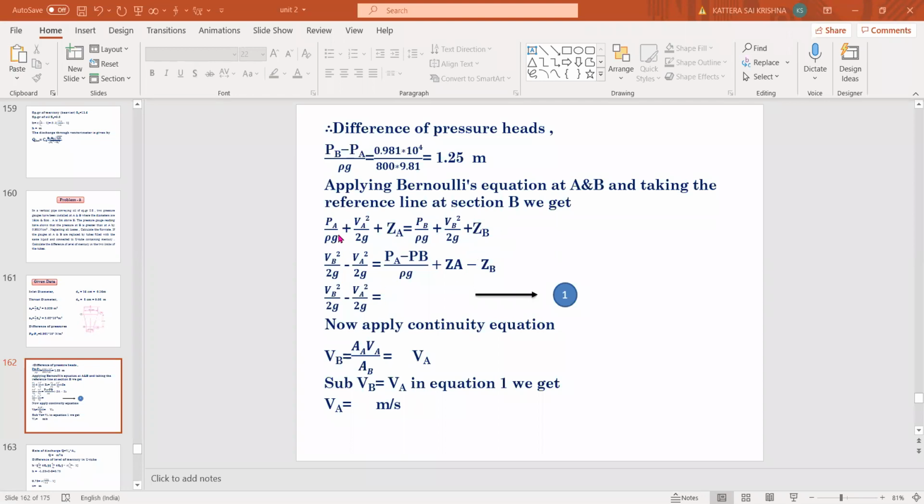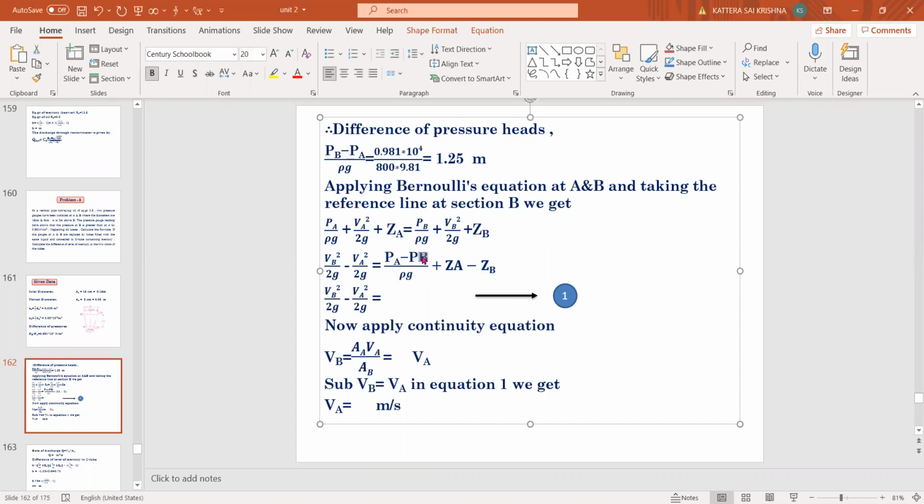Okay. So from this, what are you taking? PA minus PB value we are taking, because we already have the PA minus PB value. So PA minus PB by rho g plus ZA minus ZB equal to the velocity terms. Okay. So substitute the values of PA minus PB by rho g. So we have here 1.25. So it is PA minus PB by rho g, what will you get? Minus